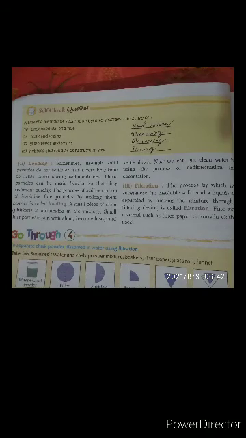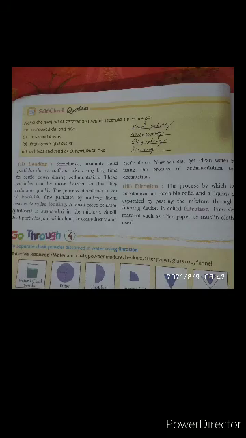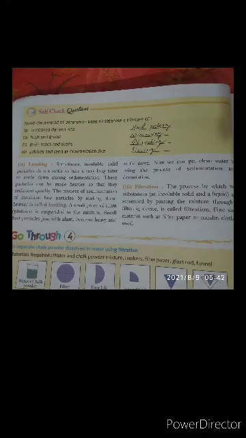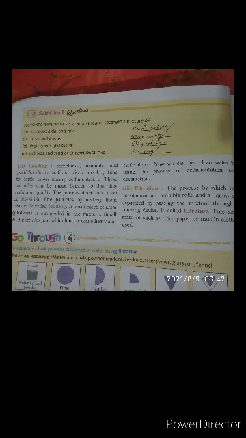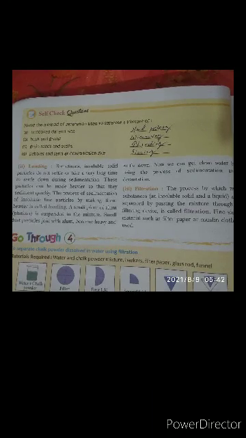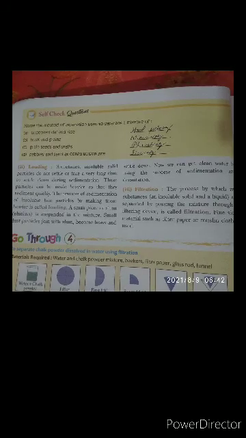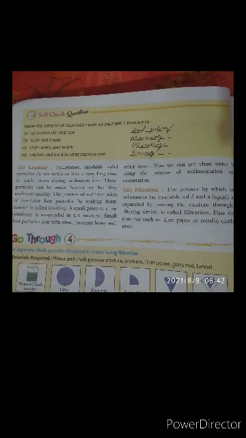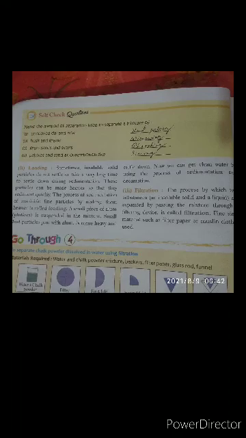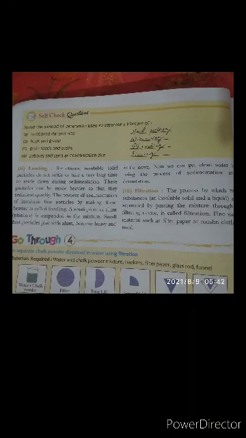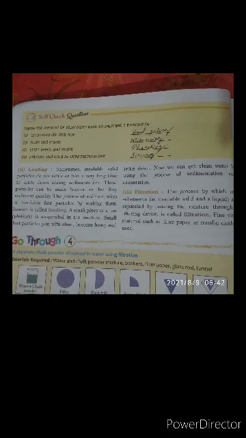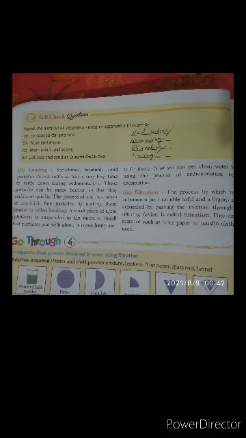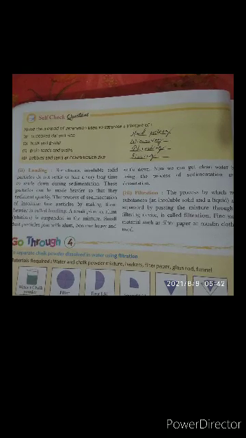Name the method of separation used to separate a mixture of uncooked dal and rice. Which method of separation are we using to separate this mixture? In your home also you can see this just before cooking, no? In rice, if only here and there dal is there, which method are we using?